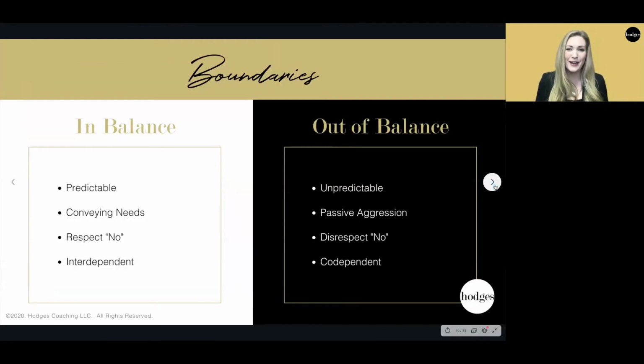And then boundaries, which is the most fresh in your mind. When boundaries are out of balance, when a leader is moody, when that invisible fence moves underneath the ground, and so where it was yesterday, it isn't there today, and then oops, shock. Then that work environment is very unpredictable, and that can make people really passive aggressive.